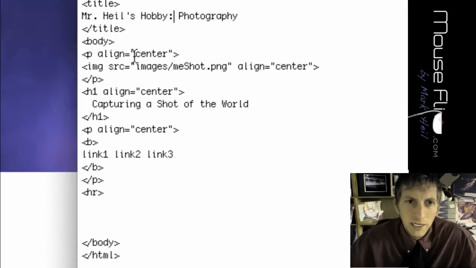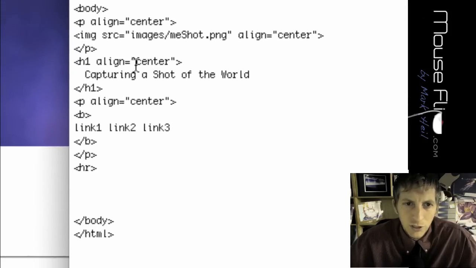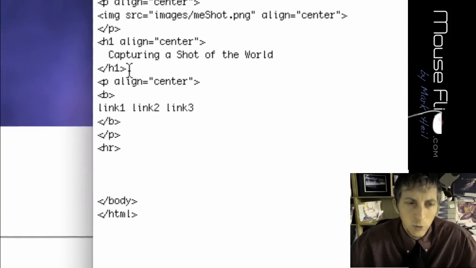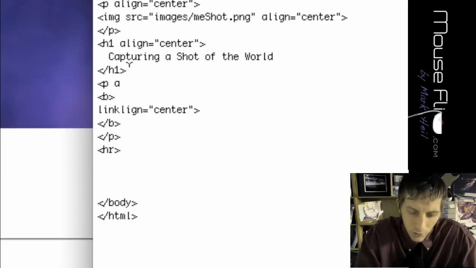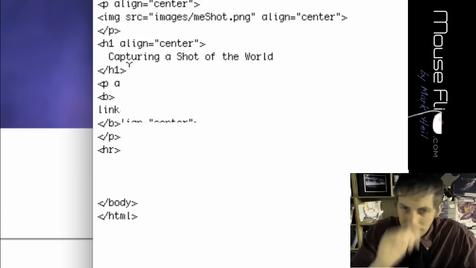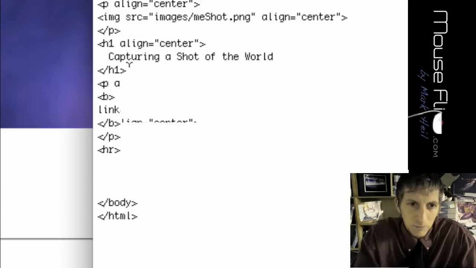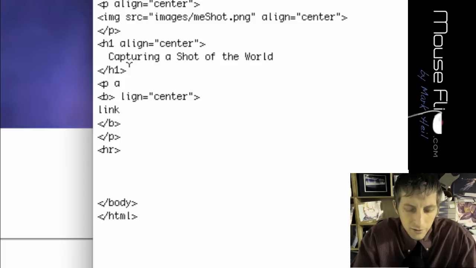So far our code is, there's our image capturing side of the world, and we're going to be putting text right underneath this. First of all, we're going to bold the text, so B, and I always like to close my tags so I don't forget it. And then it's going to be P because we're starting a new, not literally a new paragraph, but figuratively a new area or text area. So P align equals center, close parenthesis, close quotation mark, and then